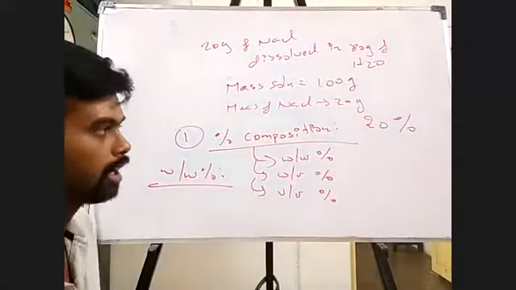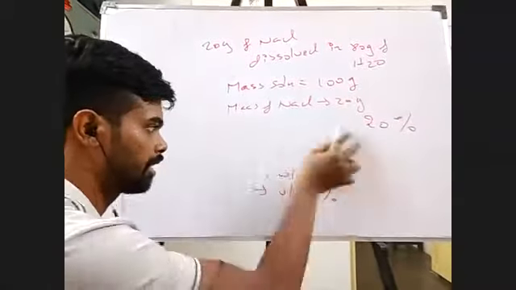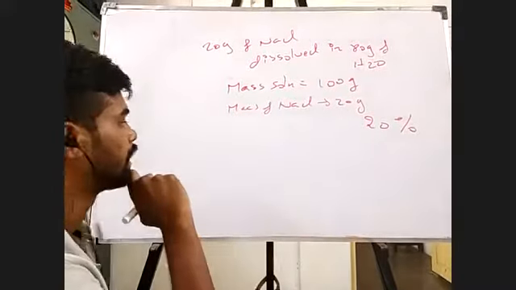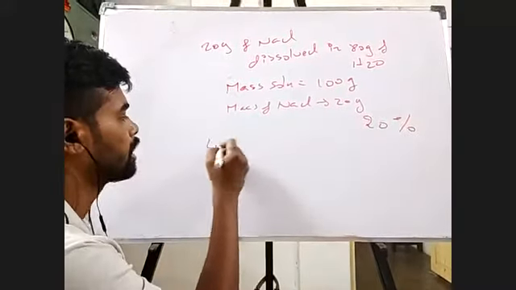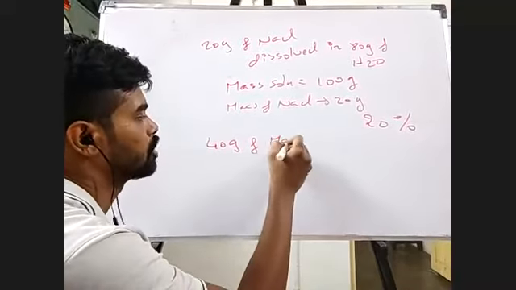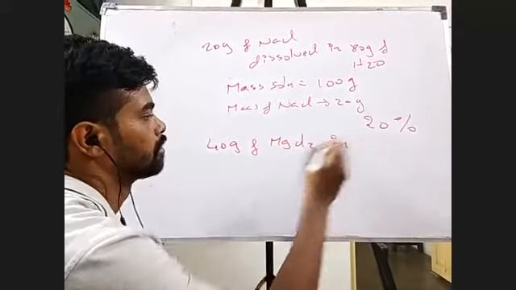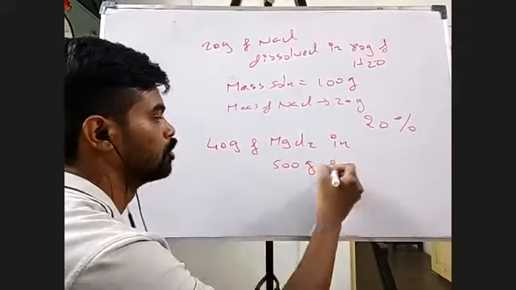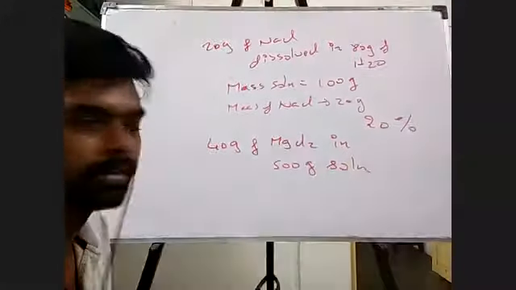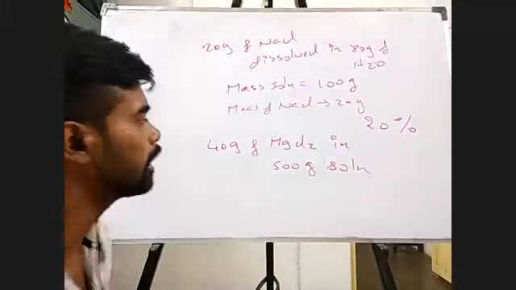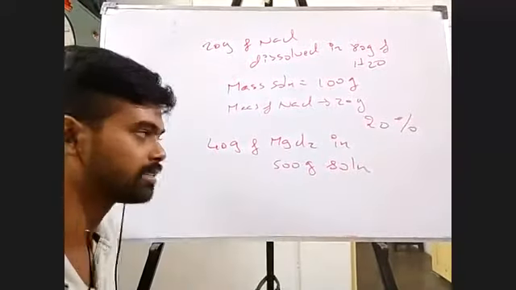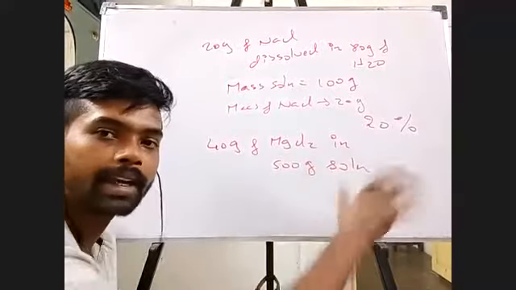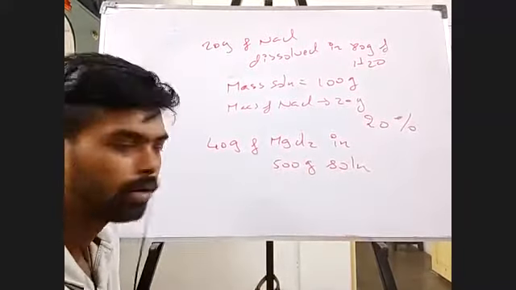Right? Okay. Now I'll tell you like this. Say I have 40 grams of magnesium chloride in 500 grams solution, total solution, right? They have given the data like this. They are telling that 40 grams of magnesium chloride is there in total 500 grams of the solution, not like water, directly giving you the solution, isn't it? Now what is the mass percentage?